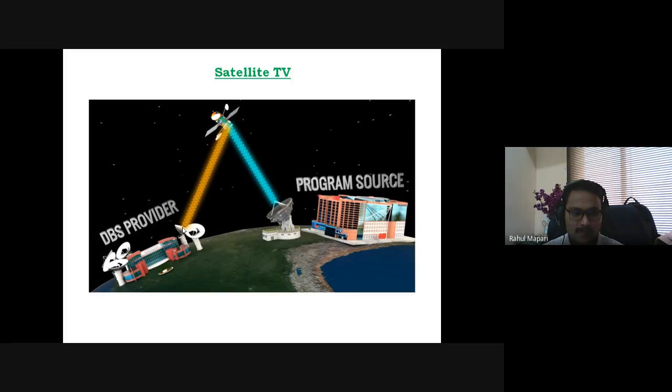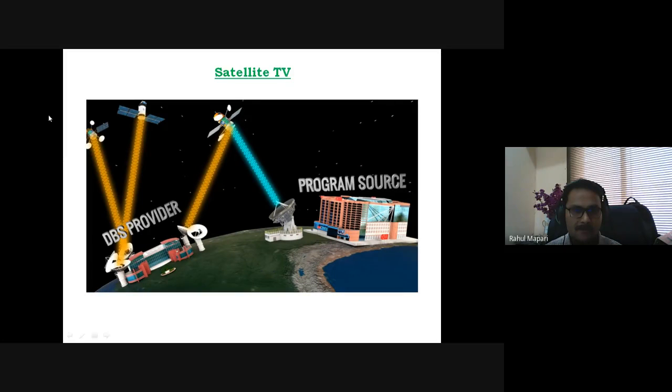Some examples of DBS providers in India are Dish, Airtel, Sahara. This DBS provider purchases programs from different channels. For example, this is a channel of CNN, this is Zee, Sony, ABP Maza. Likewise, different channel programs are purchased by the DBS provider.